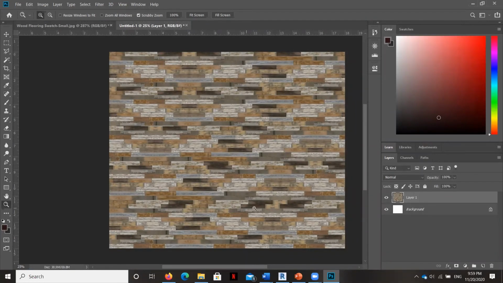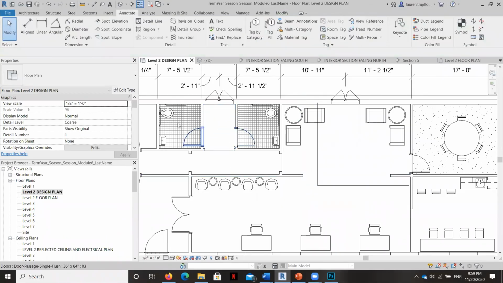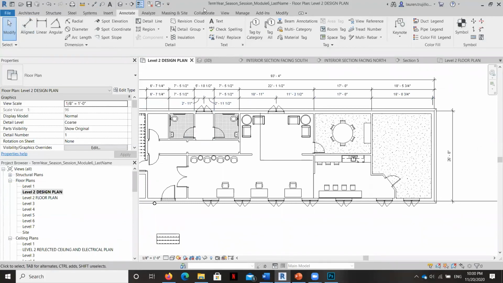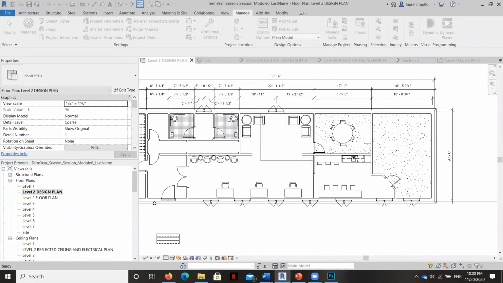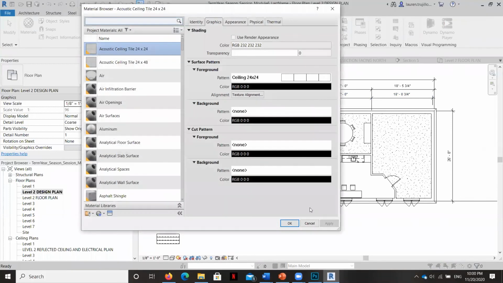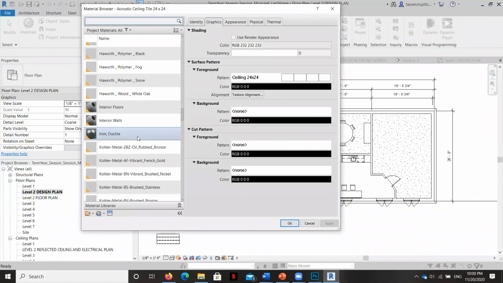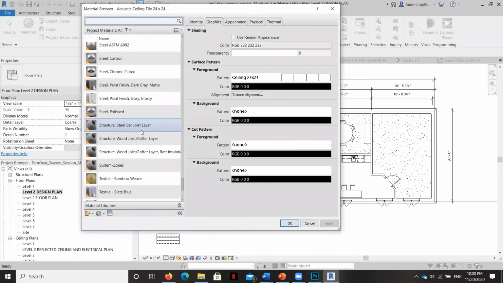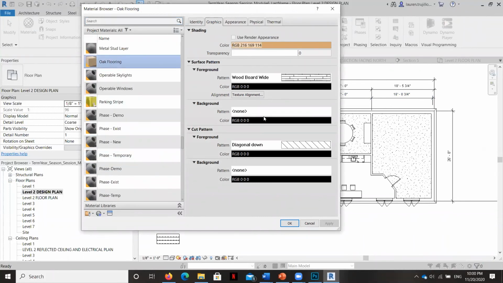Okay. So now what I'm going to do is go to Revit and go to my materials library by going to Manage and Materials. And I'm going to create a new material for that swatch, and I'm going to do it exactly the same way as I did the original one that we saw in the previous video. I'm going to go to the oak flooring here because I like the settings of it, and I'm going to just right click and duplicate.